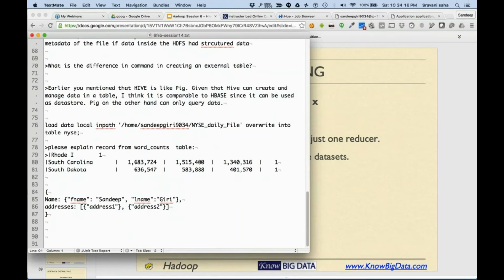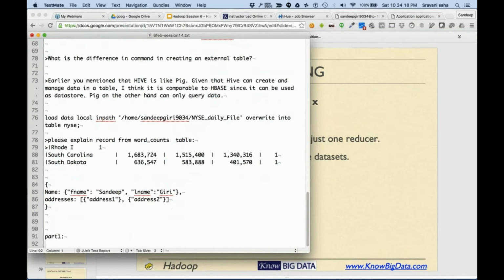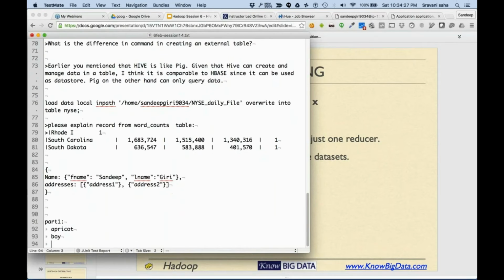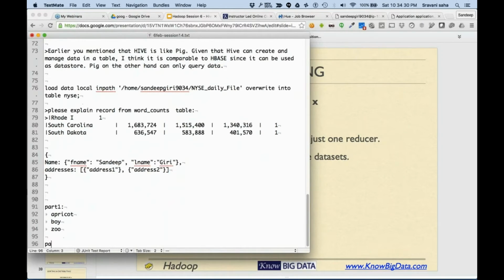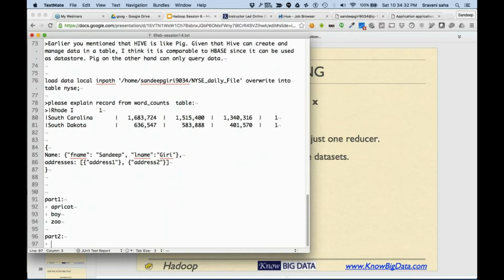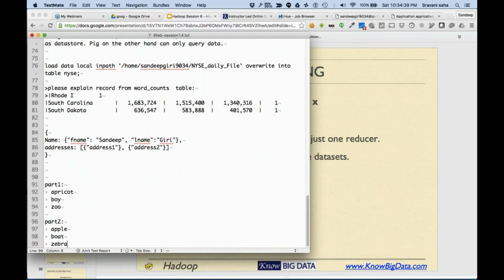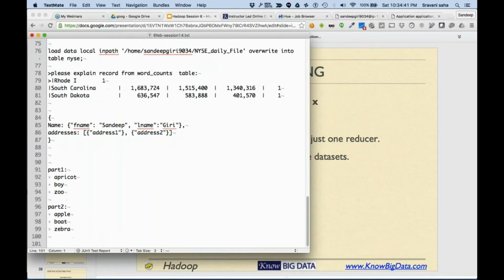All I'm trying to say is part one of my MapReduce could look like apricot, boy and Jew, and part two might look like apple, boat, and zebra, right? While we are doing MapReduce, unless we are using a partitioner in MapReduce.